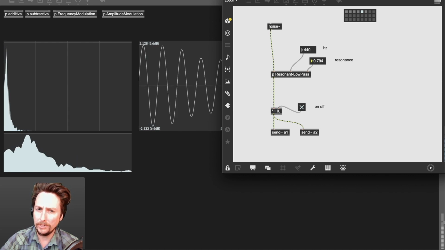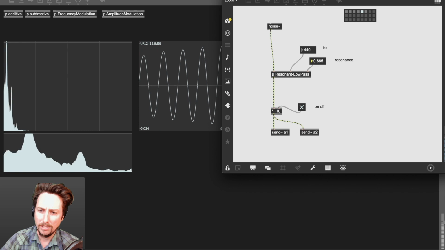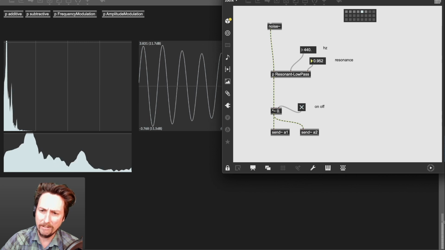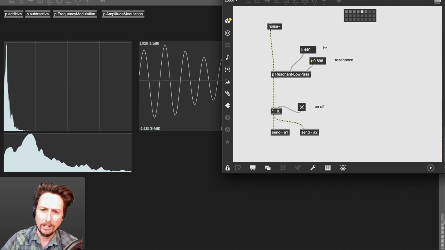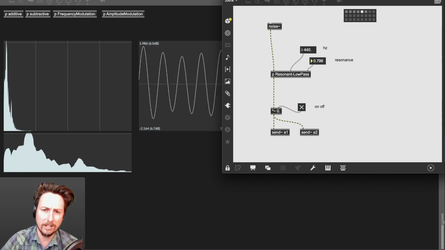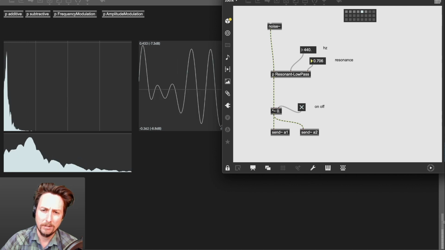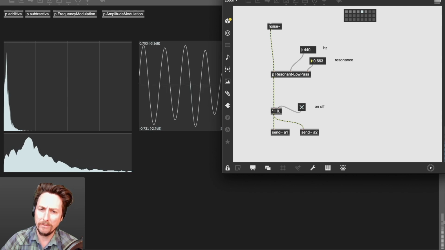Right, it gets closer and closer to a pitch. There we go, it's starting to pitch. And it's really loud, yeah? Because that's being driven pretty hard. But you can hear now with